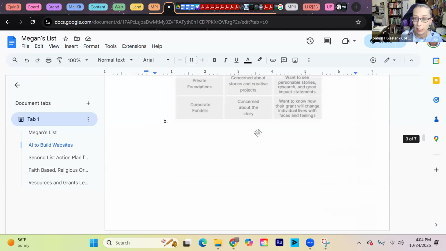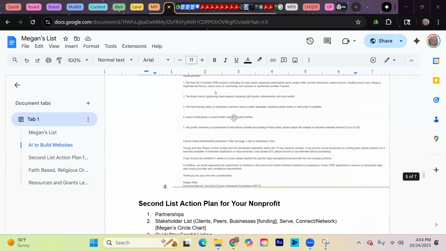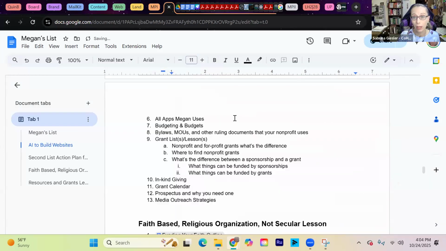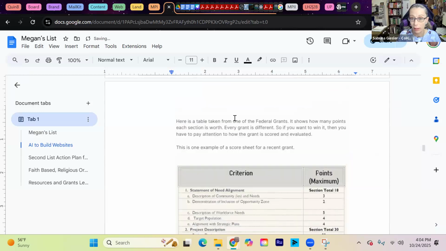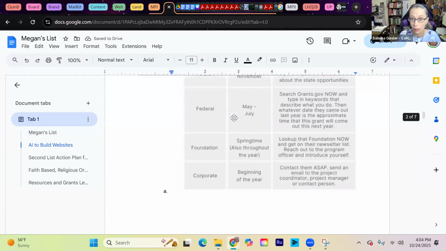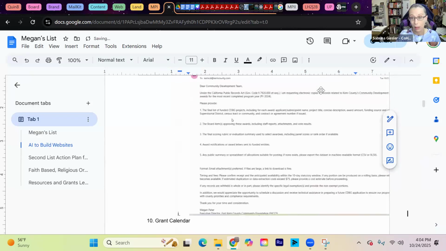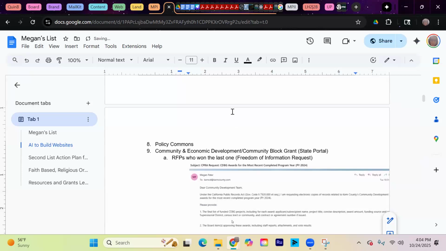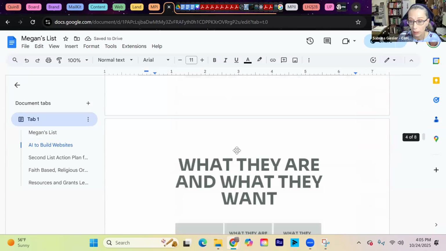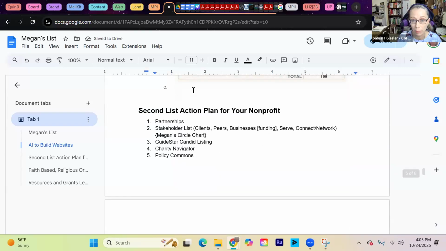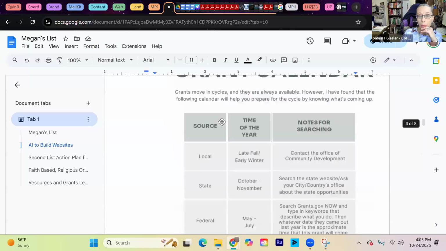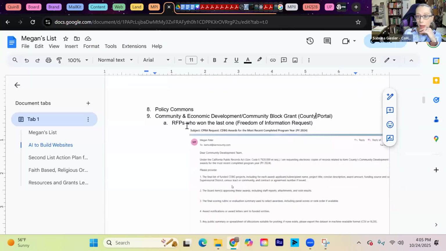In fact, let's take this. Actually, that's going to be your county level. It's not going to be state. Okay, but let me put it with this. Now what do you want me to change? Where it says state portal, it should be your county. Okay. And then let me just delete this B down here because we don't need it. That made more sense up there. Okay, so then we have the county portal, RFPs, who won the last one, Freedom of